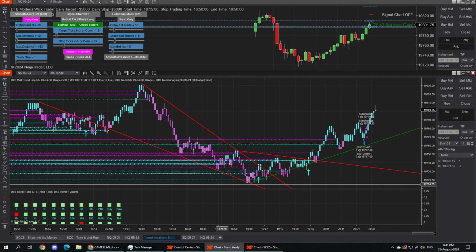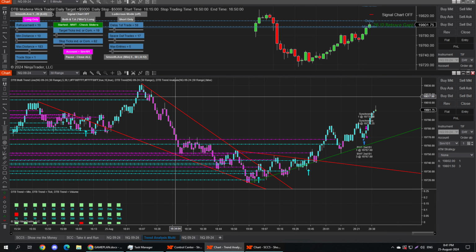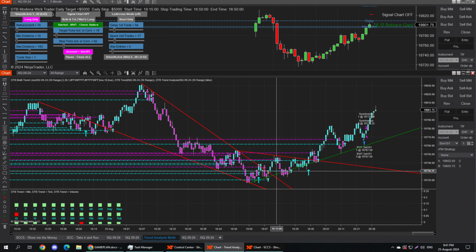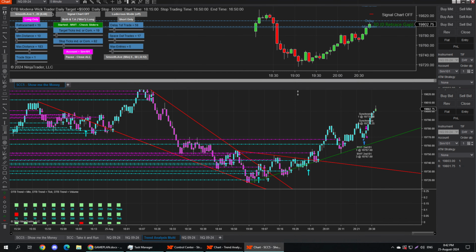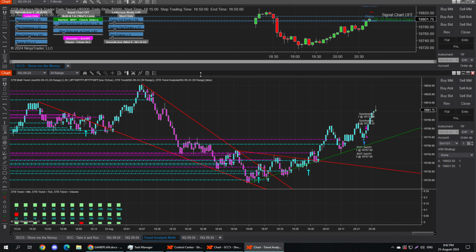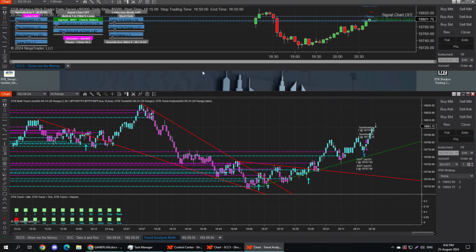I mean, even like this one over here, this one can be a bit busy, but you can reduce the settings. But you can say, based on what you're seeing over here, you only want to enter long positions. And all you're doing is selectively choosing how your strategy is entering. So that's the beauty of the Medina Wick Trader strategy. You don't want to squeeze it too much. And in fact, you probably want to have this on two different charts because,